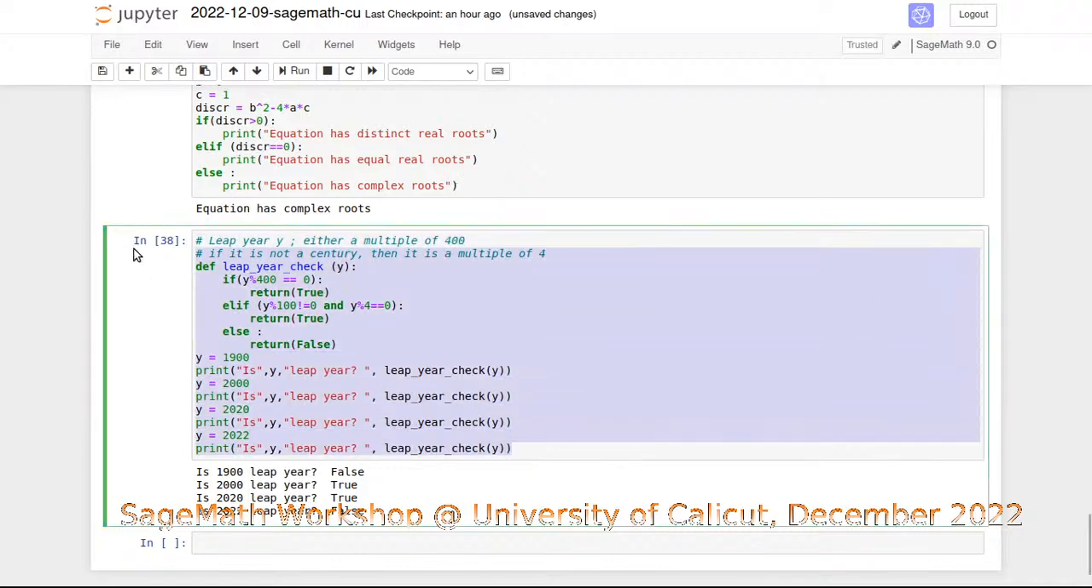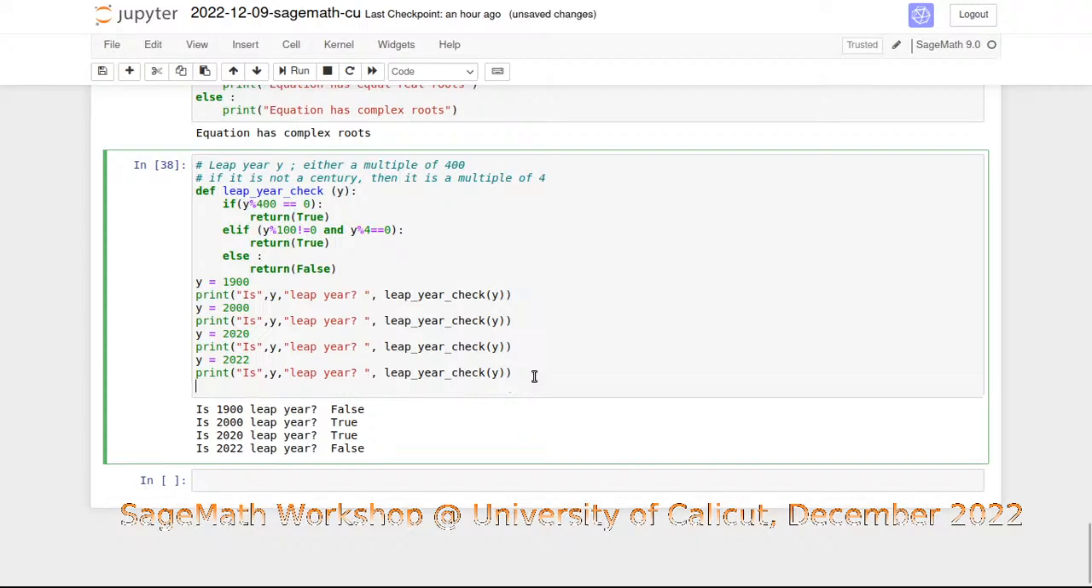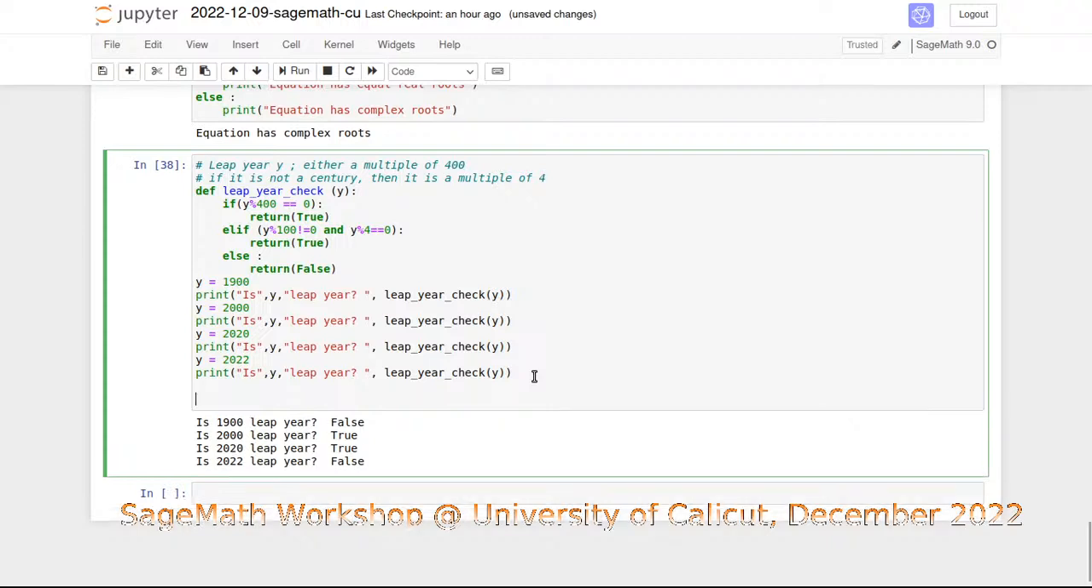Okay, now let us try to print all the leap years in the range. Suppose that from where to where? Suppose that we try to print all the leap years from 1900 to 2022. Let us try to do that, but using a for loop. Okay, we are going to use a for loop. For y in range,